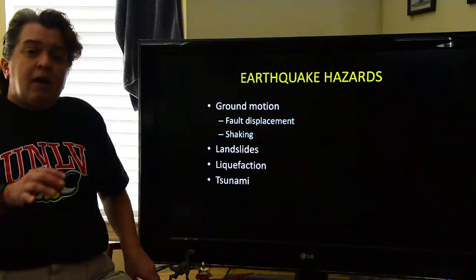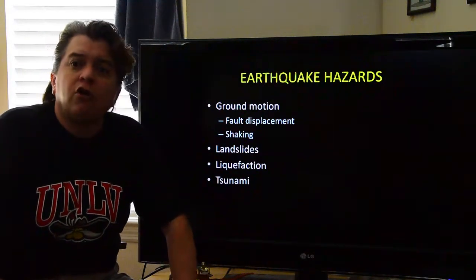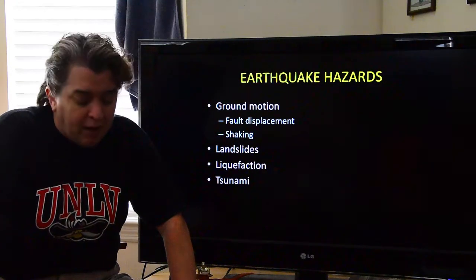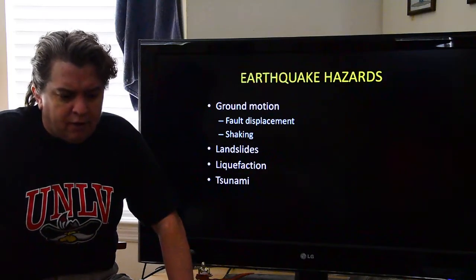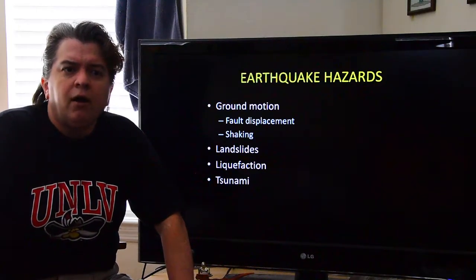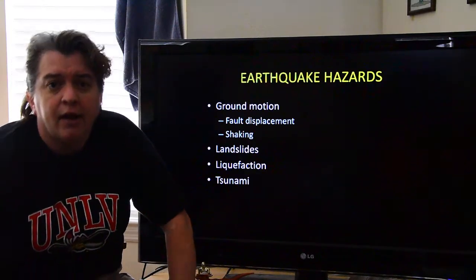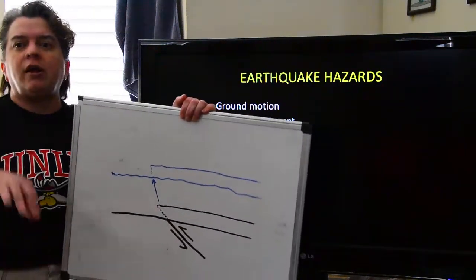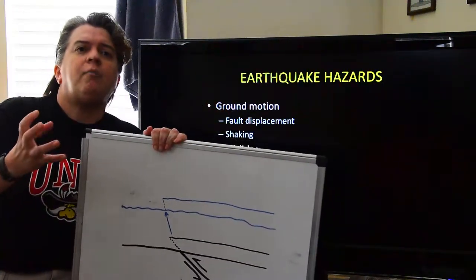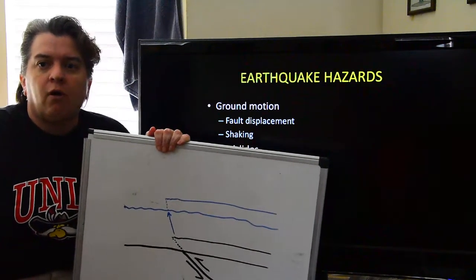All right. One of the deadliest things that an earthquake can create is called a tsunami. In fact, in some of the deadliest earthquakes of the last 20 years or so, more people died in tsunamis that were generated by the earthquakes than in the actual shaking and collapse of structures. So how is a tsunami created? A tsunami is this giant wave that washes from the ocean onto land.